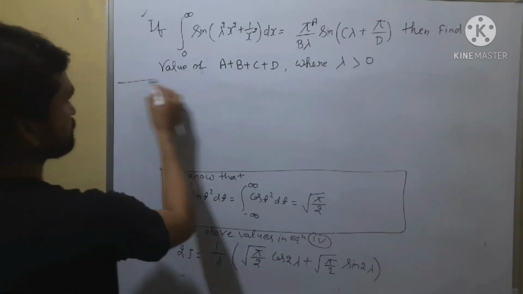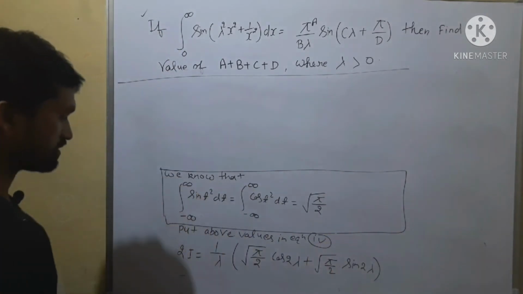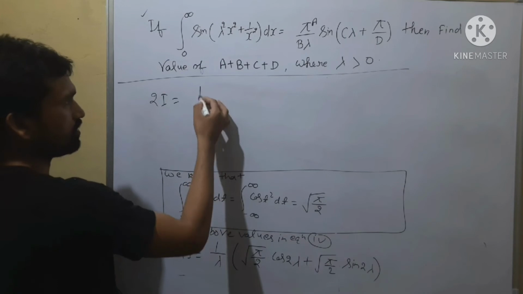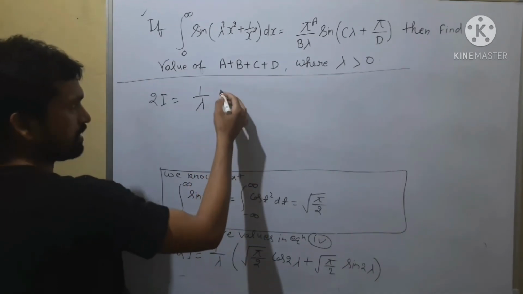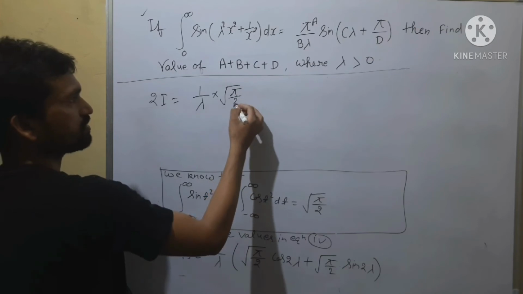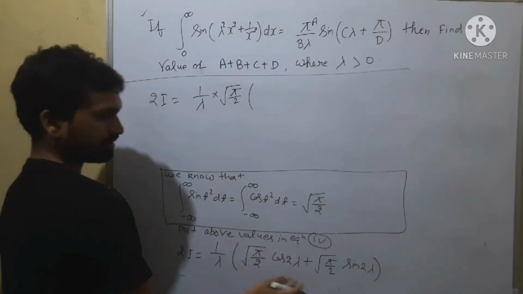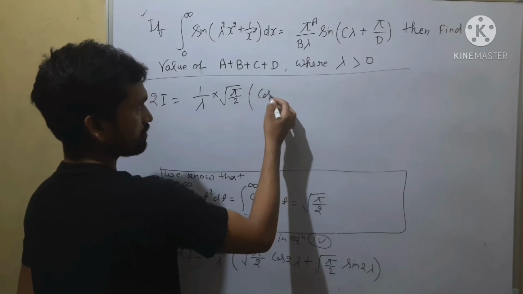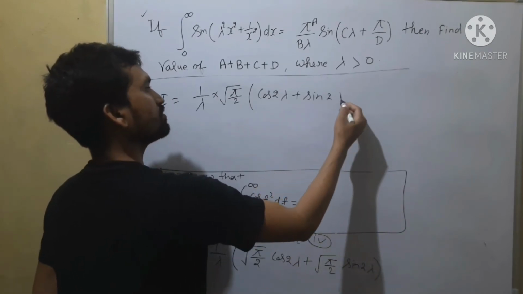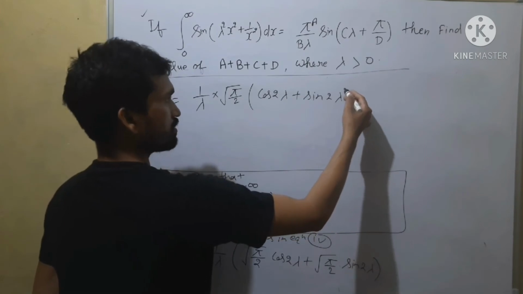Okay, so our next step will be 2i is equal to 1 by root 2, and we have taken root of pi by 2 as a common. Here we can see that it is cos of 2 lambda plus sin of 2 lambda. Okay guys,